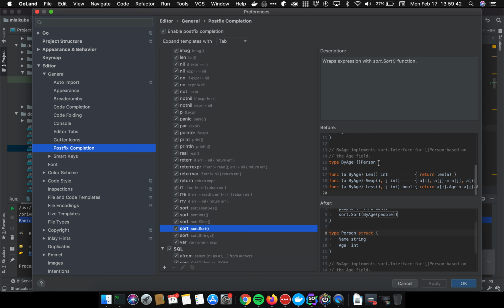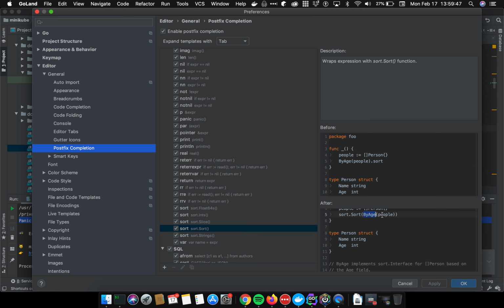Anyways, going back down, so by age, this is just a function that takes in that people, the array of persons,